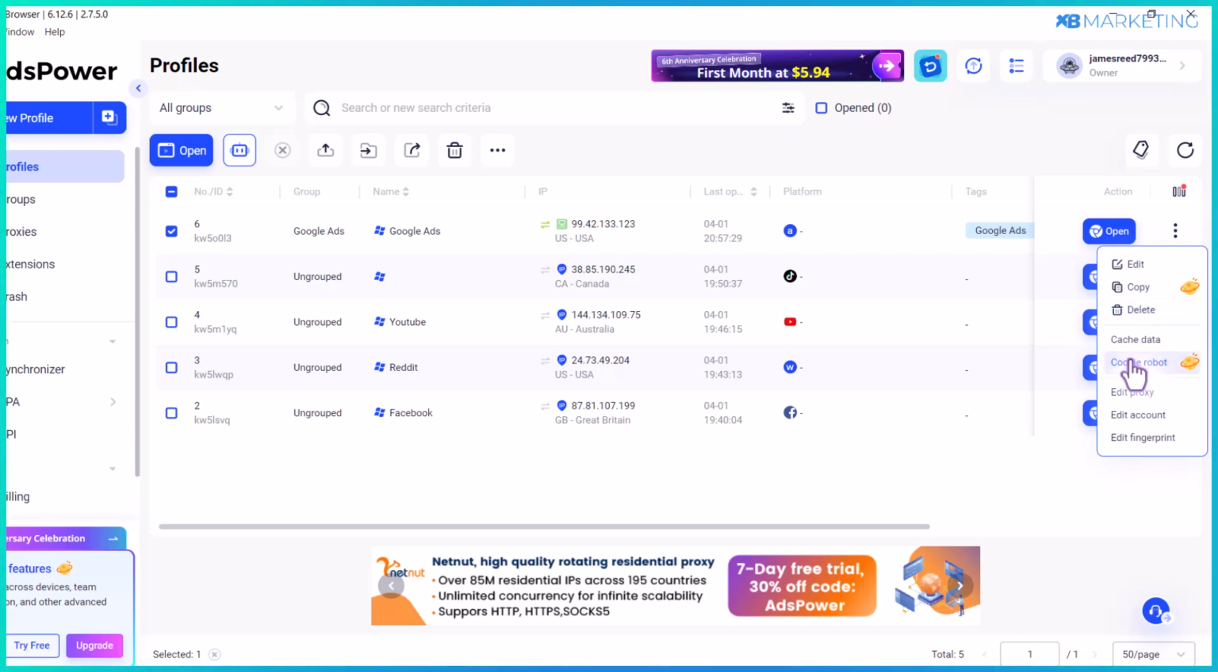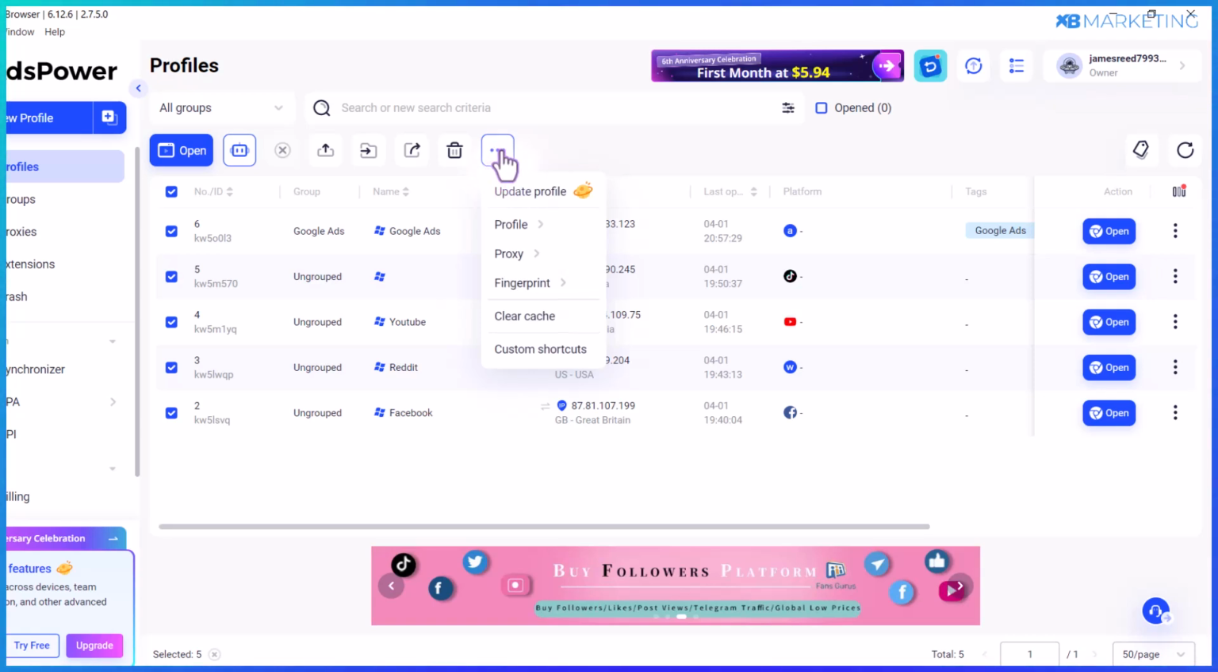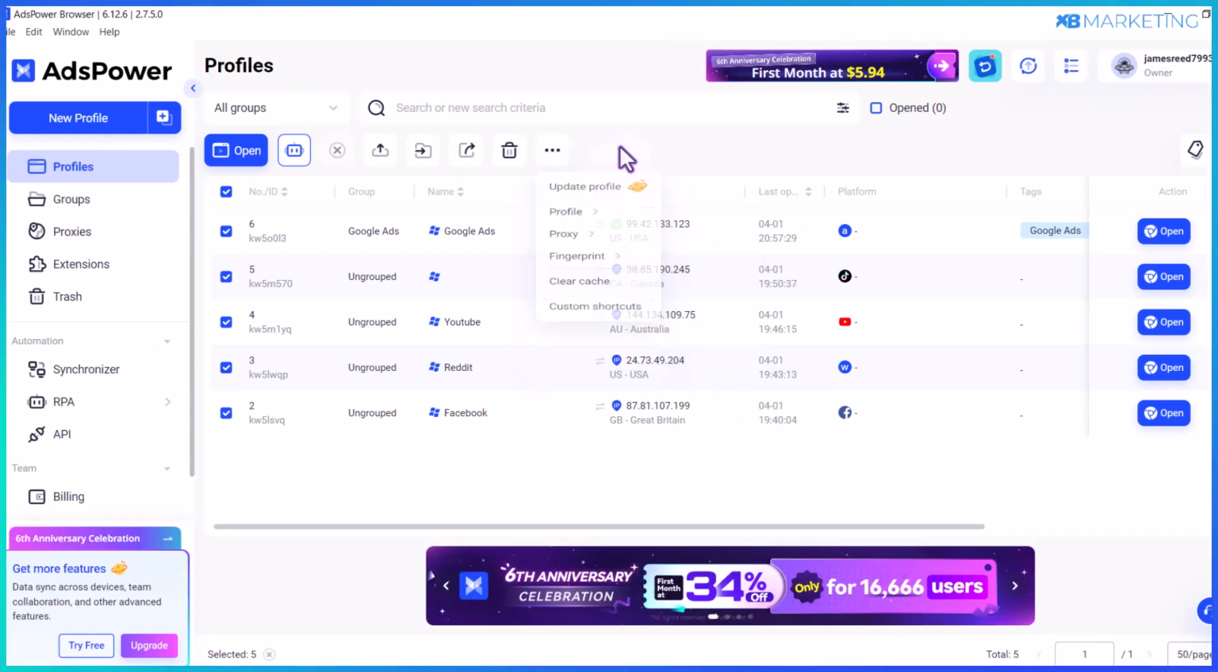You can also use the cookie robot feature. However, you have to upgrade to use this feature. And also, if you want to make bulk changes or edits, you want to click on this section and come over to these three dots here, and you can basically make whatever changes you want. Whenever you see this icon, this means you have to upgrade,